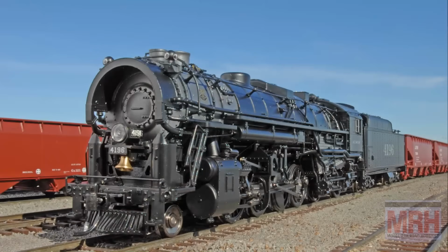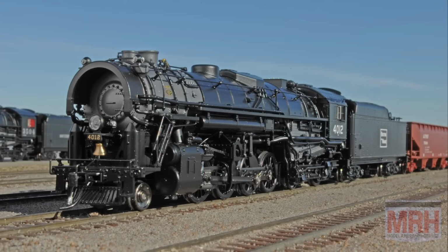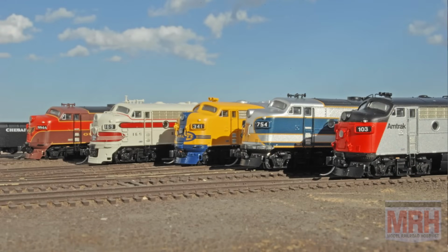Also this month, I've got a lot of beautiful Broadway Limited locomotives here on the layout. I haven't had the chance to even run these absolutely gorgeous locomotives with the feed water heaters on the front. I did outdoor photography on some of these, and I'm pretty sure I've shown these off on the show in the past. But Broadway Limited stuff, you know, there's a lot of stock still in their warehouse available, and also